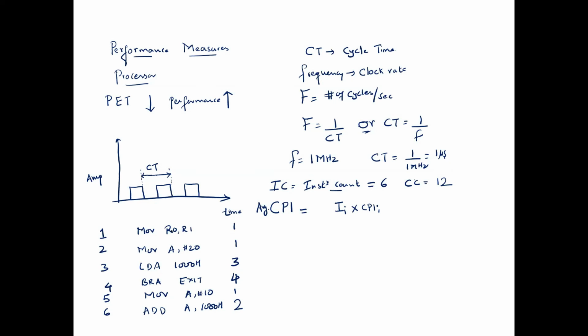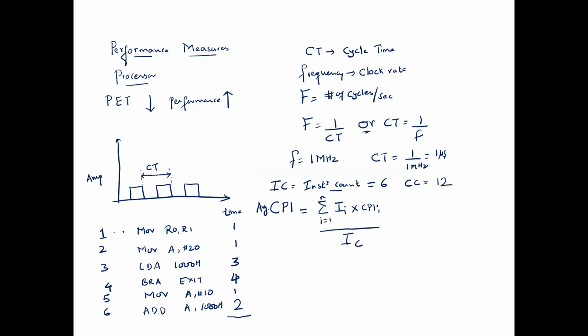So I can write it as one. How many move instructions do we have? 1 and 2, right? So 2 multiplied by the number of clocks per instruction, which is 1. So 2 into 1 is 2, right? Like this, you need to sum all such types of instructions. So I'm going to write the summation of i equal to 1 to n, divided by the total number of instruction